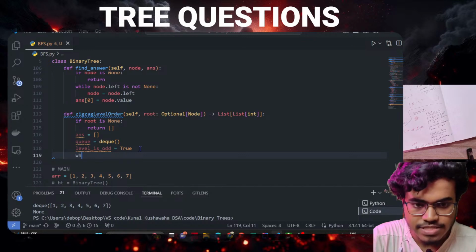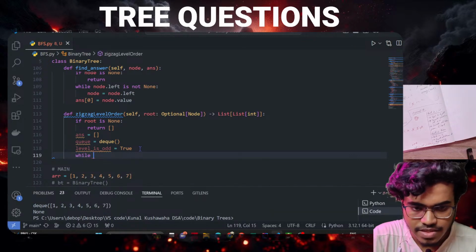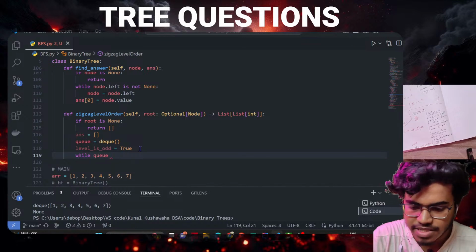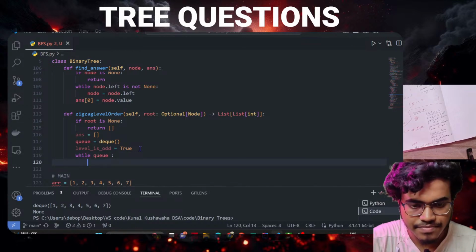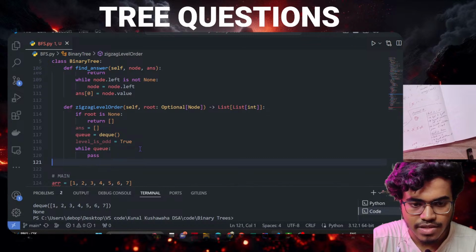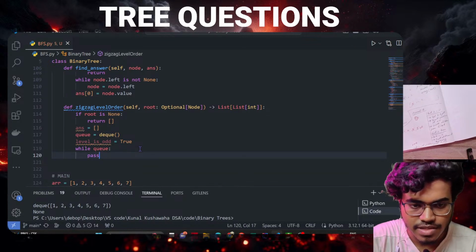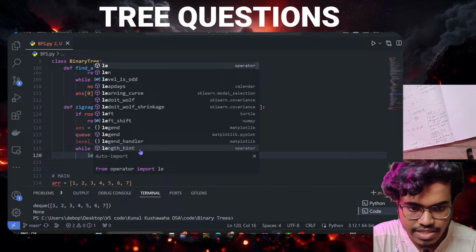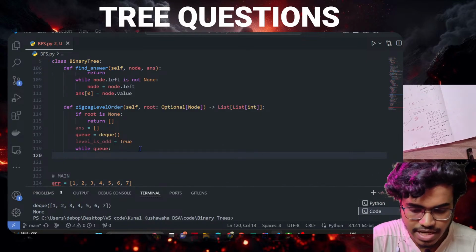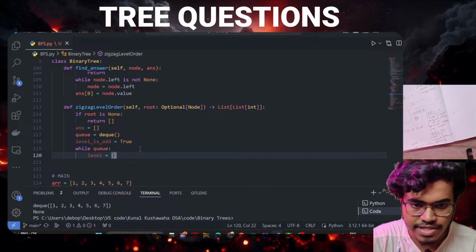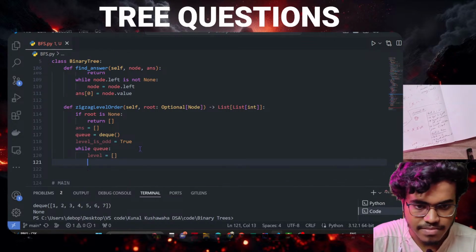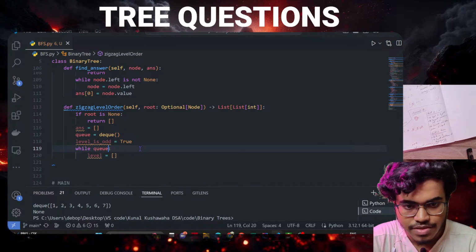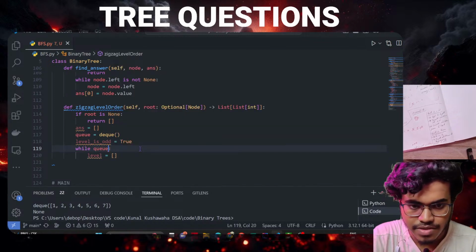Okay, so while queue is not empty, we can go. While queue is not empty, what do we need to do? We need a level list over here, which will store the levels from left to right. Okay, queue dot,